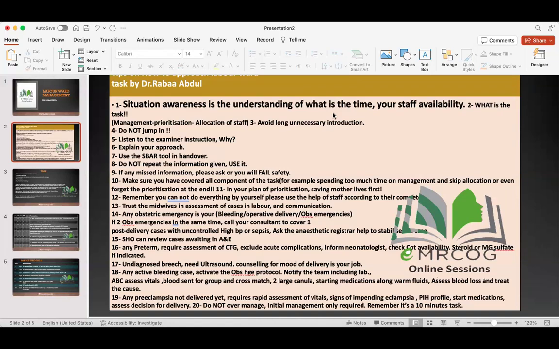That means you should spend in some rooms less than 1 minute, and in other rooms maximum 1.5 minutes. You can't really exceed that, and the 1.5 minutes is only for the top urgent cases. Other cases should be finished in less than 1 minute. In less than 1 minute, you're required to give me a safe plan. Imagine. That means the management on the tip of your tongue. This is one thing. Another thing is